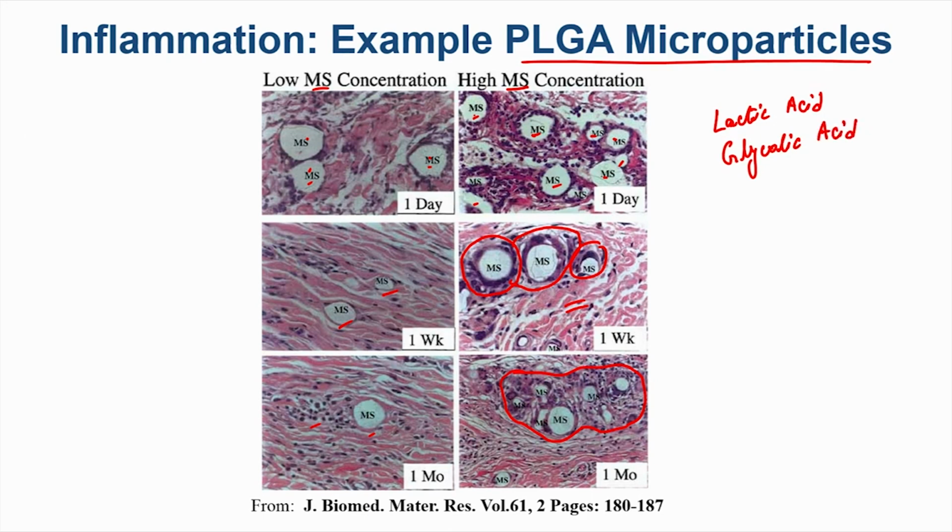So, maybe because of the high concentration, when they degraded, they created a pH which is much lower than 7. So, maybe the pH here in these regions is, let us say, 5, and maybe since there is less PLGA load here, the pH here is only, let us say, 6.8 or something. So, the body will respond very differently, because pH is also a trigger for something that is not supposed to